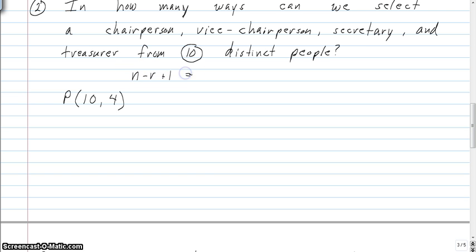In this case, that's 10 minus 4 plus 1. 10 minus 4 is 6, plus 1 is 5, so that means I'm going to take 10, subtract 1, multiply, subtract 2, multiply, until I get down to 5, and then I stop. And if I multiply all those together,